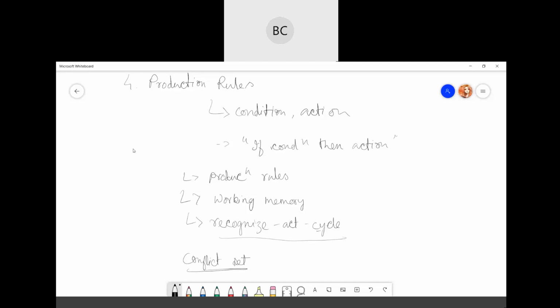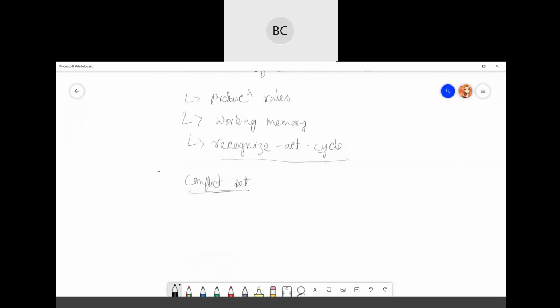Okay, some example of your production rule based representation can be like, suppose if at bus stop and bus arrives, that's your condition.